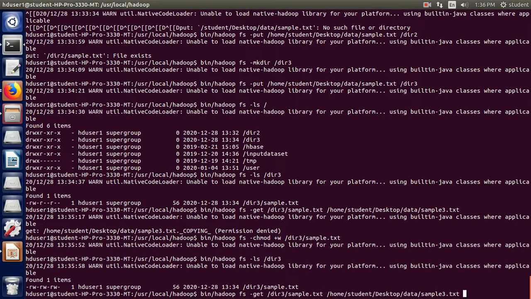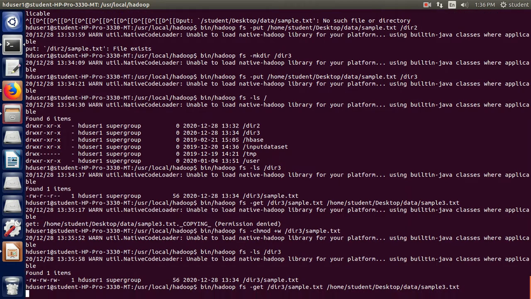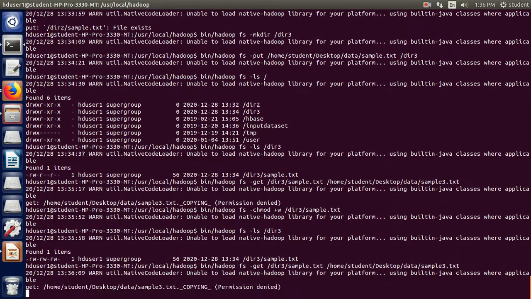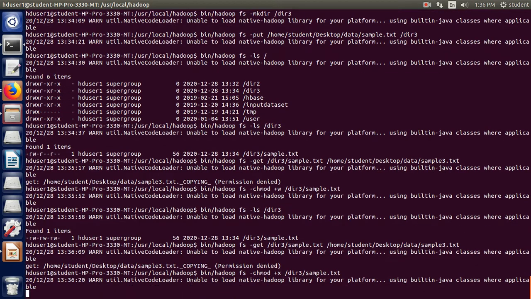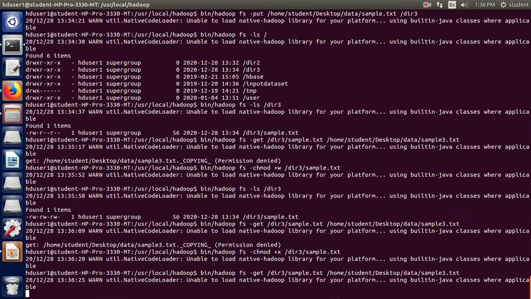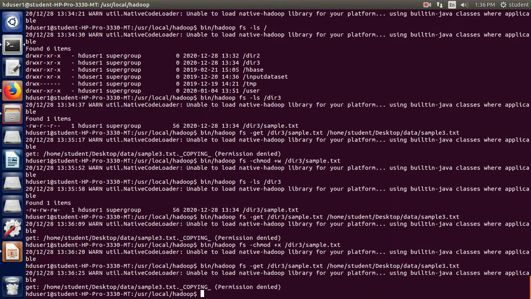I will check whether we are able to get this file on the local now again. Okay, still saying permission denied, so we should check again. So we should have this x, we'll check it, or whether it's allowed to add this chmod executable. Now we can get this file from dir3 to this. Okay, so the permission denied, this is because the permission is not available for this. So I will check this super user.